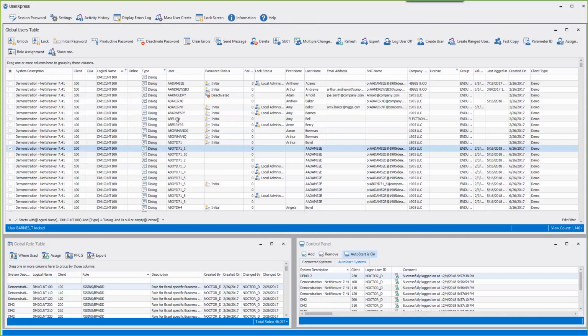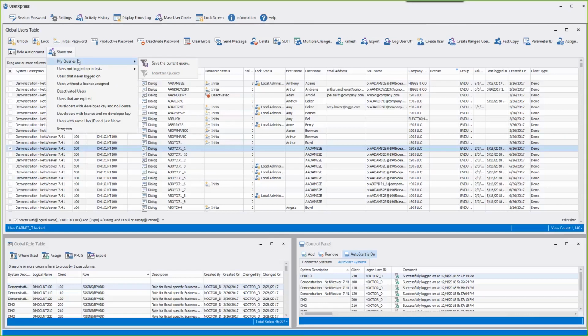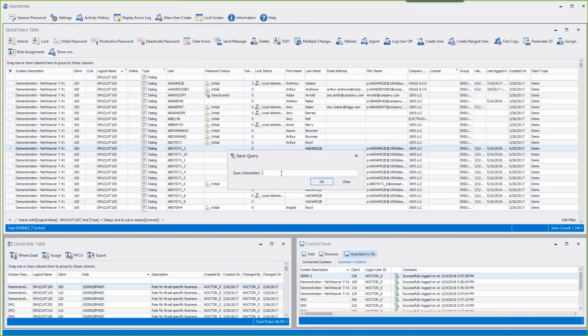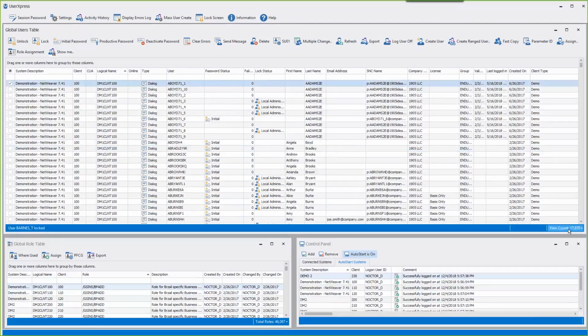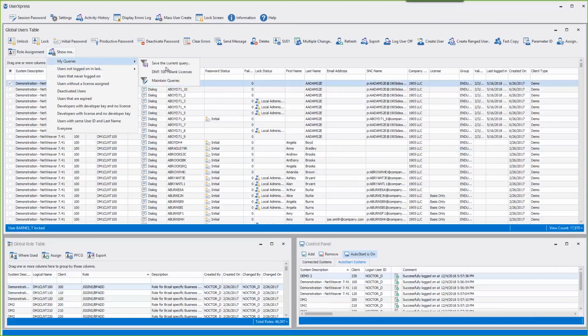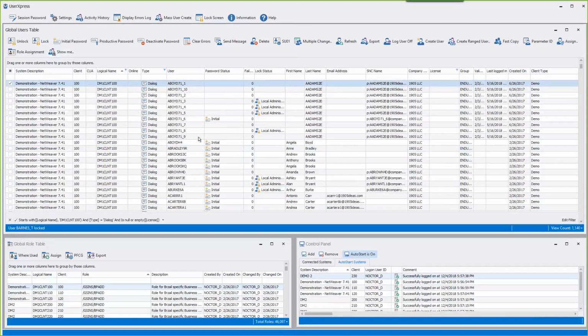But we can also save those queries. So I can save this query here, DM1 client 100. I call it blank licenses. And if we display all these users again, we're back to 17,000 users. I can look at my query, and we can see we're back down to 1,400. So this is something that we can keep going back to, and keep building up as many queries